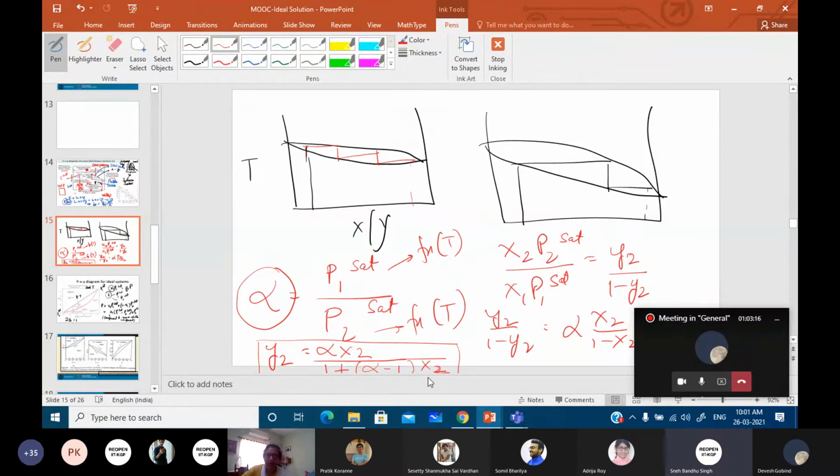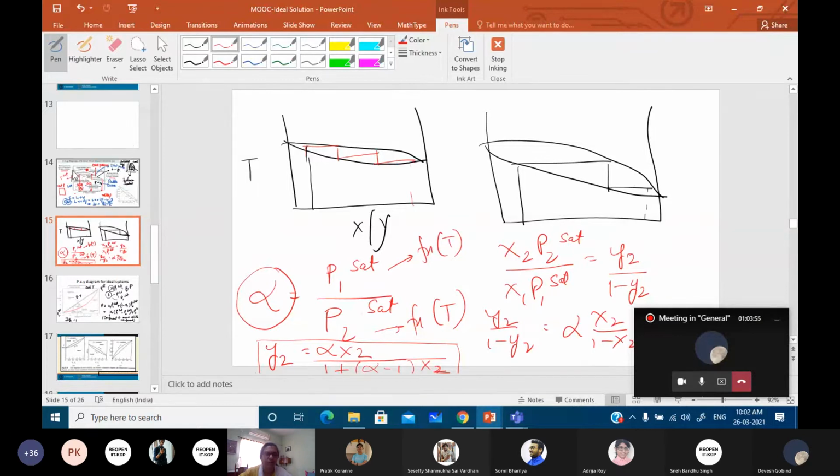So my point is that even if you do not have a graph, if the alpha value is given, which is more or less constant over a range of temperature and pressure, then if you know x and alpha, or in other words, you have Antoine's constants, you can find out P1 and P2 saturated and calculate alpha. For several hydrocarbon sets, alpha is already provided, which makes your life very easy. So for different x, you can calculate y. And accordingly, once you have calculated this, you can find out the total pressure and other things. So this is one other way of expressing it with alpha.